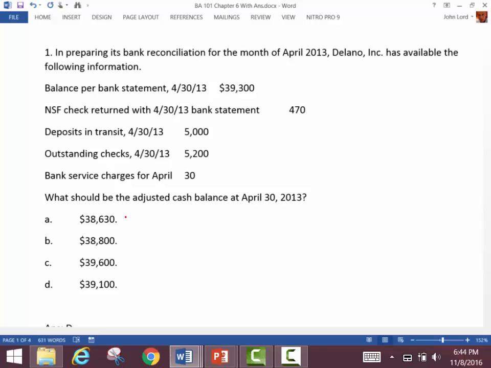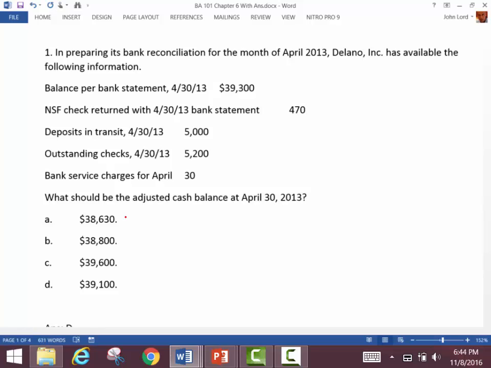Okay. All right. So let's go ahead and take a look now at this one, if anyone can focus after that. Let's take a look at this one, guys. We got to focus because we got our test next time. So try to focus. So we're sitting here and we're saying what should be the adjusted cash balance at April